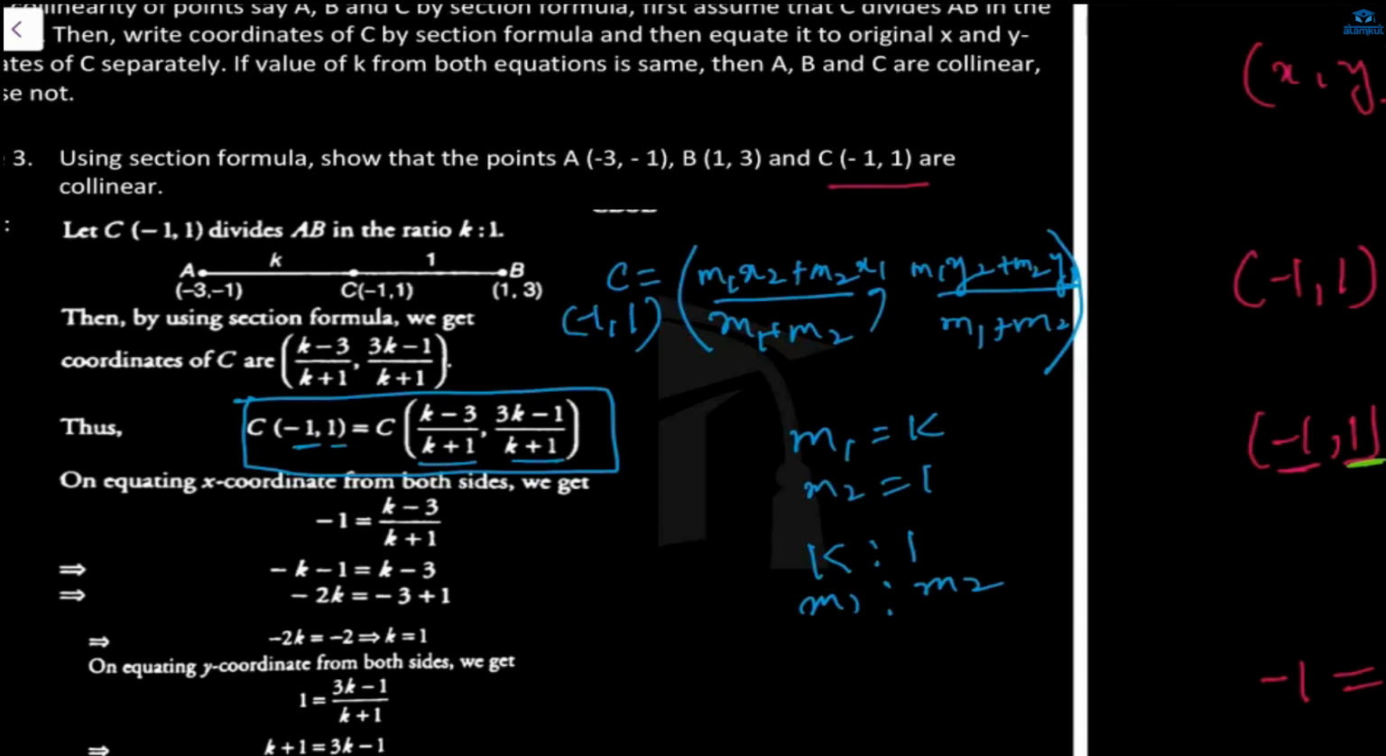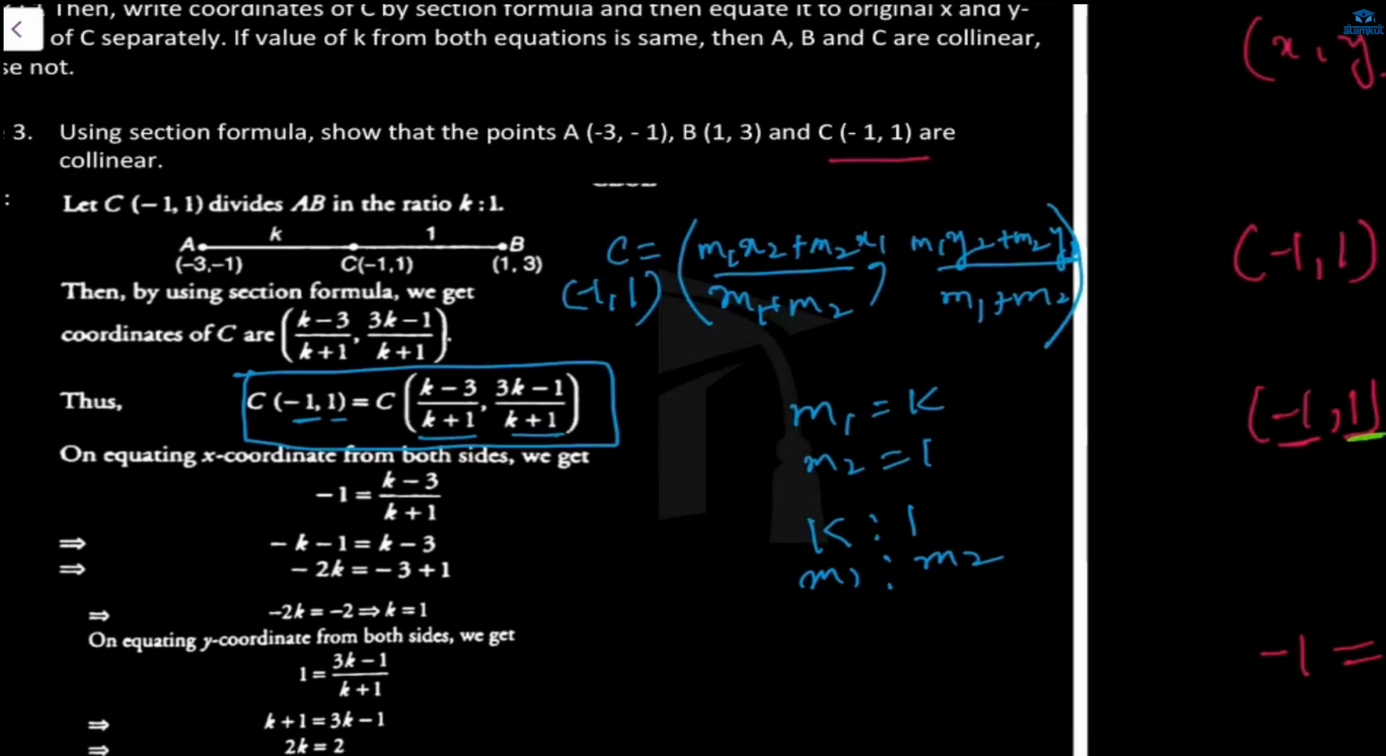Now, m2 value is 1 and y2 value is minus 1. So 1 into minus 1 will give you minus 1, and the denominator is m1 plus m2, so k plus 1. Now we have got this value. We are missing k, but we know the coordinate of C. The coordinate of C we already know, and from the section formula we have found what the coordinate of point C will be, the x and